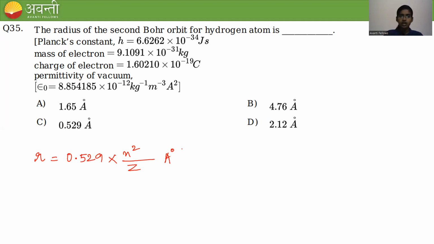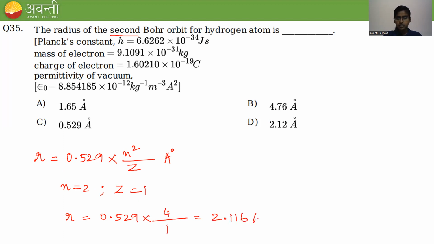Now the n value is nothing but the orbit value. So it is the second Bohr orbit, which means n is equal to 2. And the atomic number Z for hydrogen is 1. So substitute n and Z in the r formula. It is equal to 0.529 into 2 square, that is 4, divided by 1. So 0.529 into 4 will be equal to 2.116 angstrom, which is approximately equal to